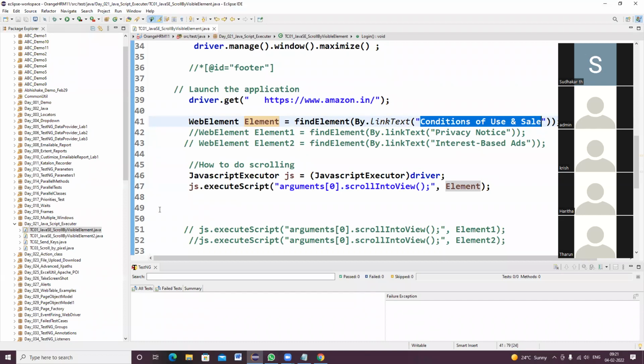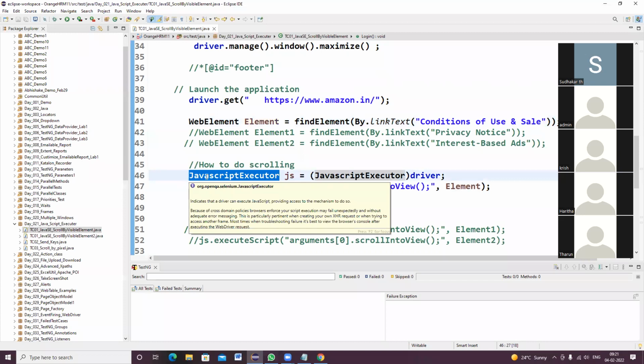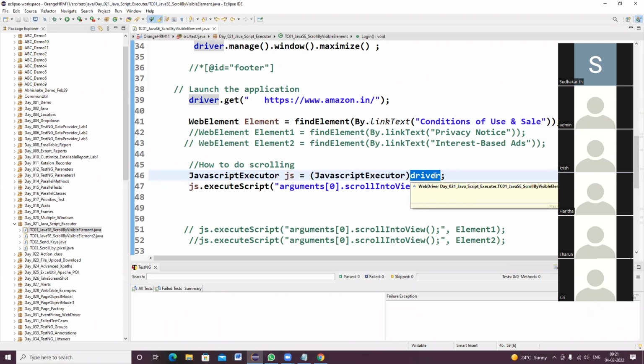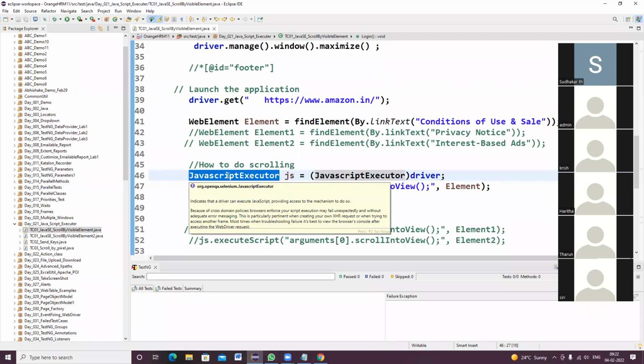Now how are you writing it? You are using the Selenium class, which is JavaScriptExecutor, and you are creating an object reference for that class. JavascriptExecutor js is equal to JavascriptExecutor driver. You're creating an object reference for JavaScriptExecutor, which is a class in Selenium.